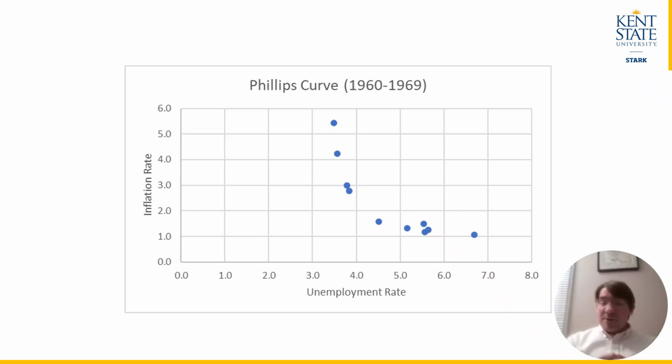Right? So if we happen to be in a state where we have very high unemployment, so we're to the bottom right here, we increase the inflation rate a bit. What happens? We see a big drop in the unemployment rate. On the other hand, when the unemployment rate gets fairly low, in this case under about 4% or so, then we see these big increases in inflation that really don't seem to decrease unemployment whatsoever. So it's very much like there's a vertical portion and a horizontal portion, maybe not perfectly so. You can see there is some curvature here of this relationship,